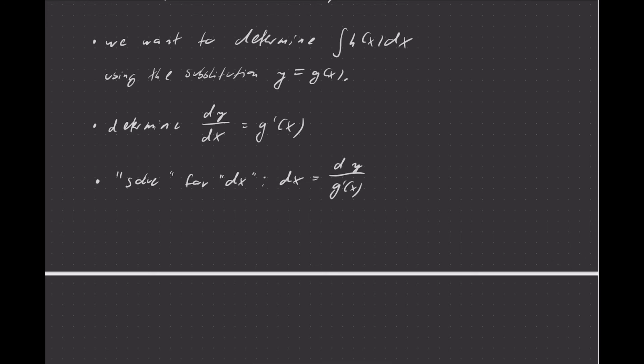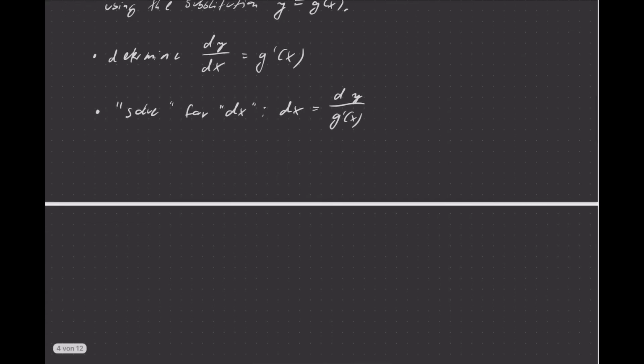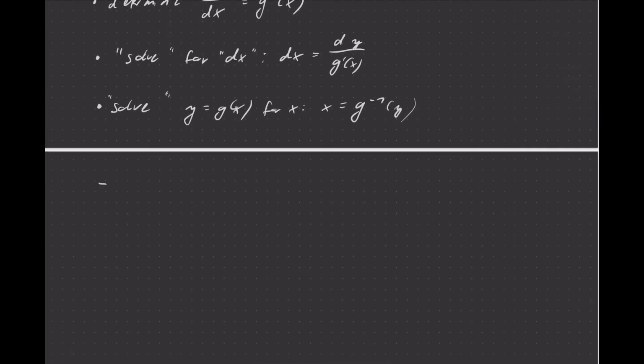Next, of course, we also need to determine the right function f. So we're going to have to solve once again our substitution, basically. So we have this y equals g of x, and we're going to solve that for x. So basically x is the inverse of g of y, right? And then that means what we get